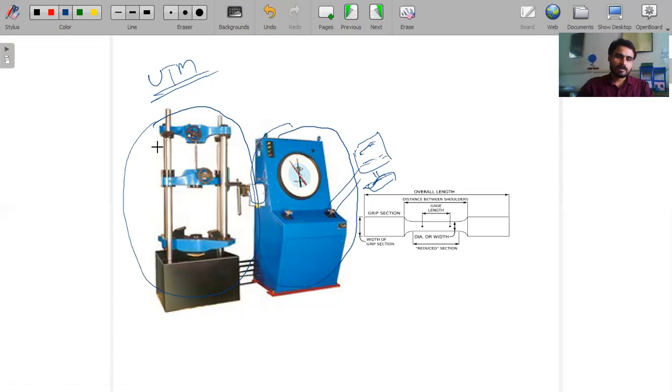Here in this machine there are 3 jaws: top, middle and bottom. With the help of top and middle, we conduct a tensile test on any specimen, and with the help of middle and bottom, we conduct compressive test, bending test, shear test, etc. You can see here a specimen fixed in the machine. After fixing the specimen, we apply load from here, and at that time we also check the behavior of the material under the loading.